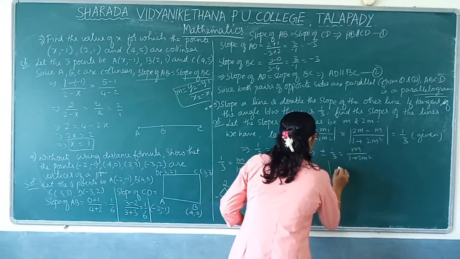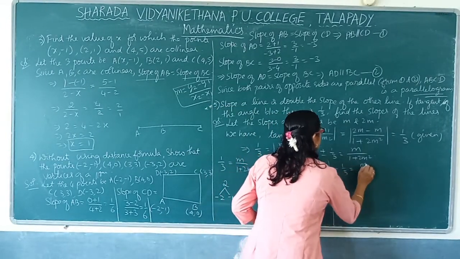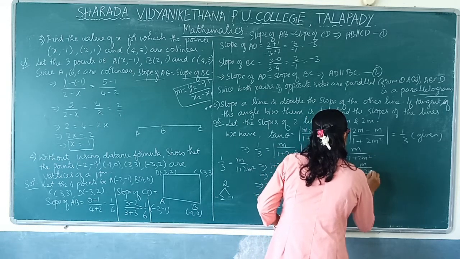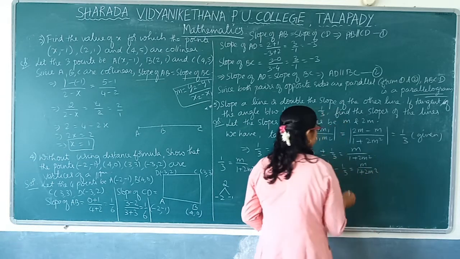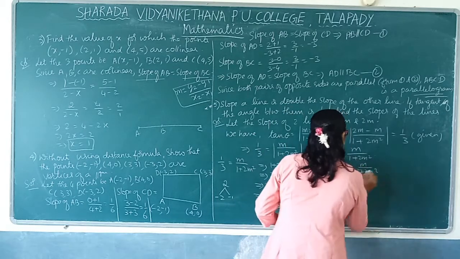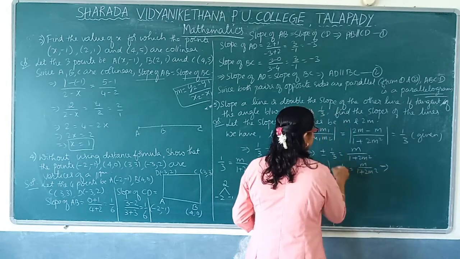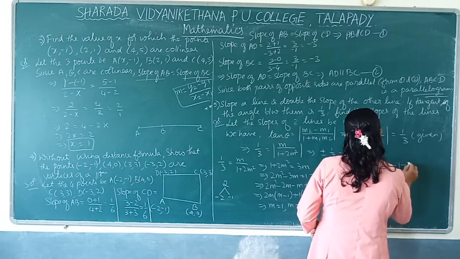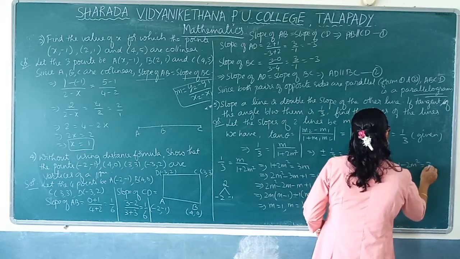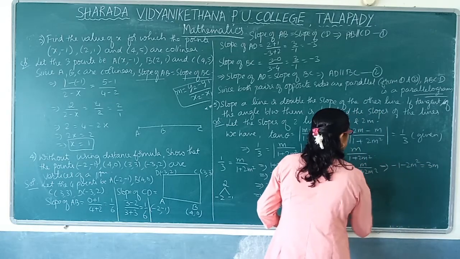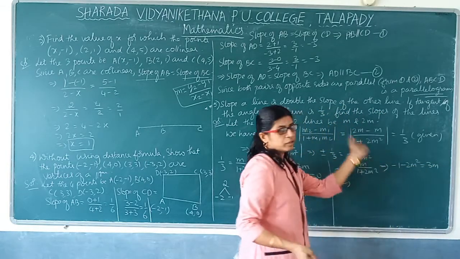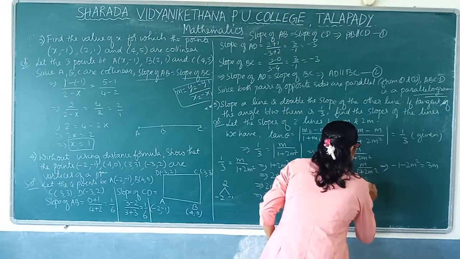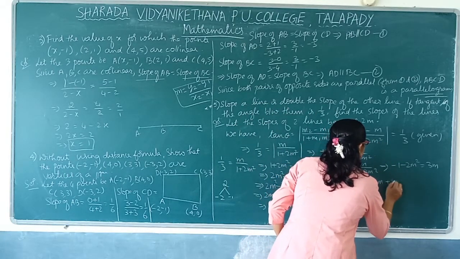Same way, now we will take minus 1 by 3 is equal to m by 1 plus 2m square. Okay. Now we will again cross multiply. What do we get? Just cross multiply. Minus 1 is in the numerator, so both these signs will change. Minus 1 minus 2m square is equal to 3m. Now, because these two are negative, take everything to the RHS. All will be positive: 2m square plus 3m plus 1 is equal to 0.